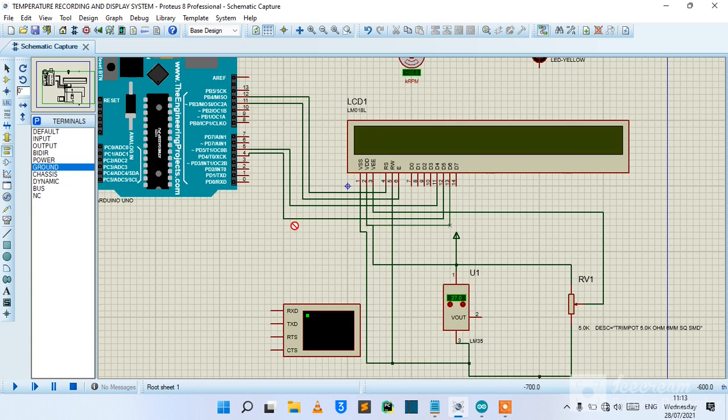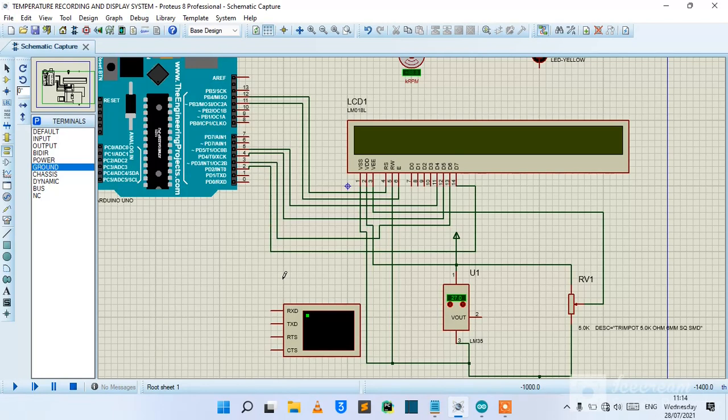Come here and we use 3, and we use 2, and we connect